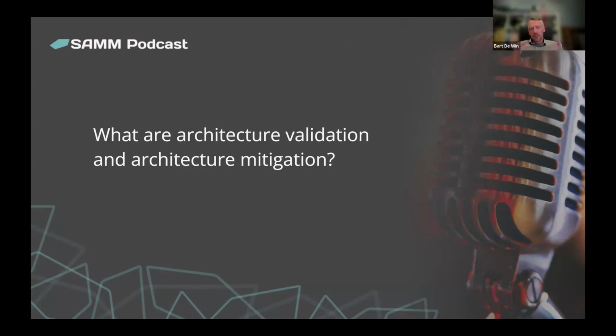In the model, there's a number of examples of typical basic controls that you would expect in an architecture. That's from quite a basic level perspective that you would do validation. If you're building that web shop, the architecture is probably a bit more complex because you would have a front end, a back end, there might be a database, there might be some integrations going on. If you go to level 2 in the model, the architecture validation goes into a bit more rigor